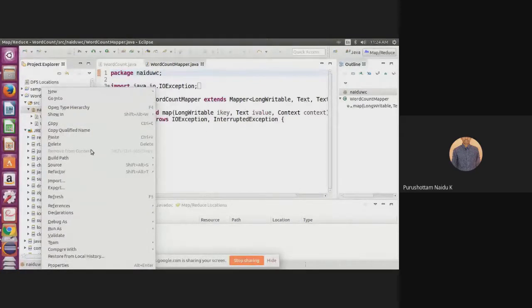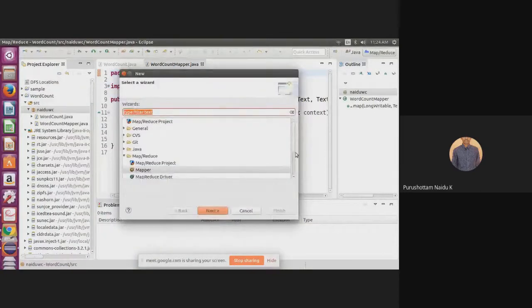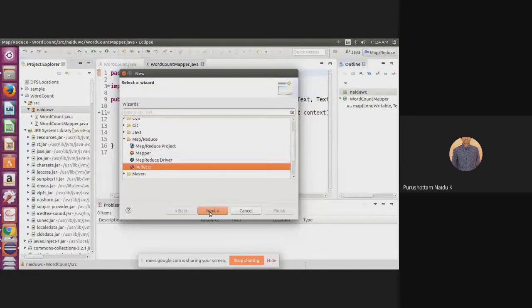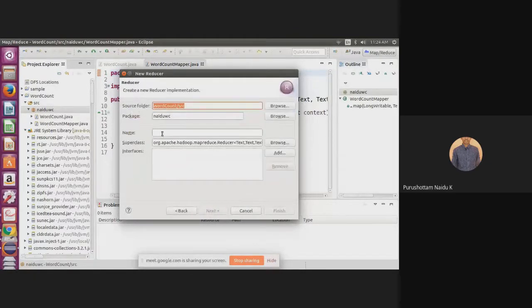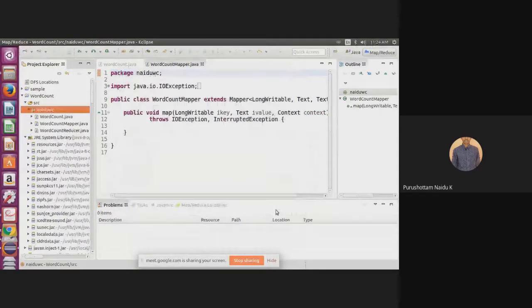New, Other, Reducer. Click on Next. Then WordCountReducer. Click on Finish. Okay. So fine. Now we are getting three codes.